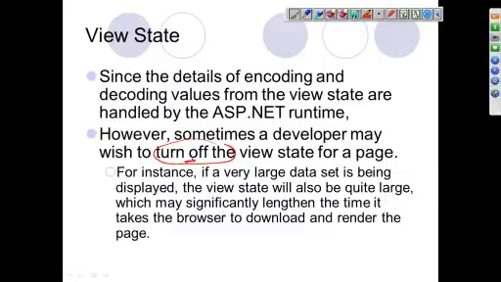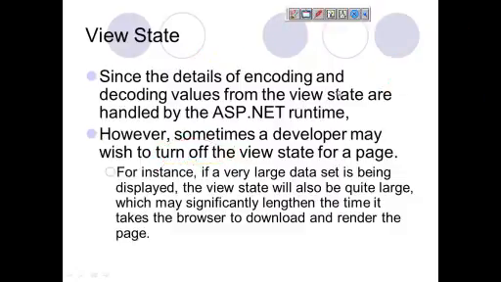So for faster performance, if you really don't want view state, you can turn it off. And how to turn it off, we'll see. Basically, in the page we saw on the first day that there is the page directive. If you want to turn off view state for the entire page, you can add one more attribute in the page directive, which is EnableViewState false. And if you want to turn it off just for a control, you can right click on the control, go to properties, and there will also be something like view state or enable view state. You can turn it off from there. We'll see this, we'll use it.